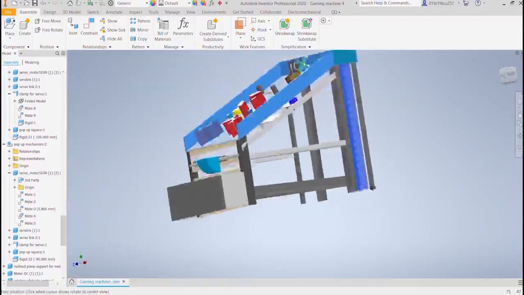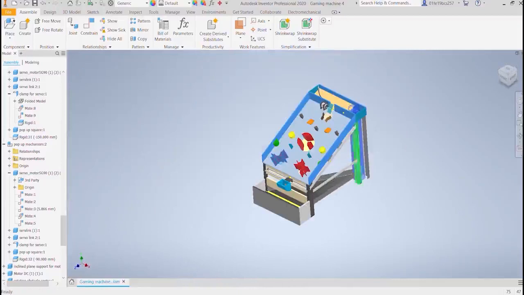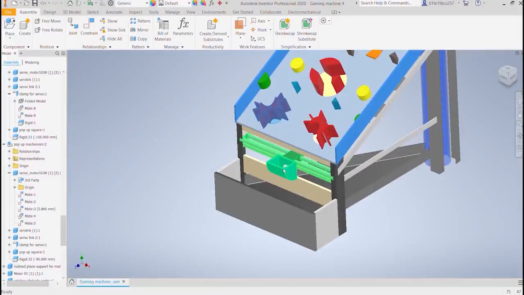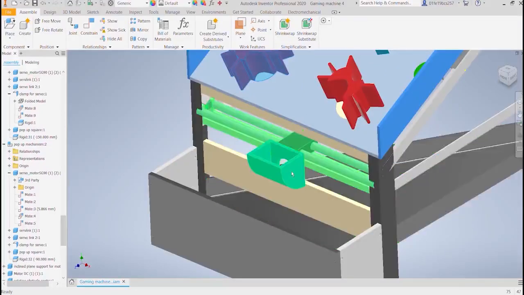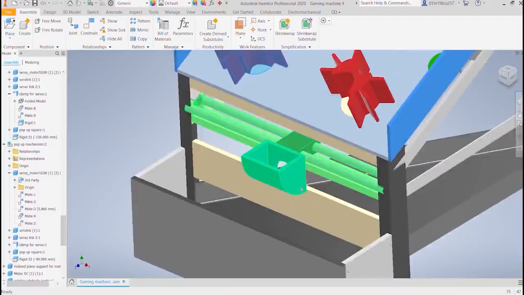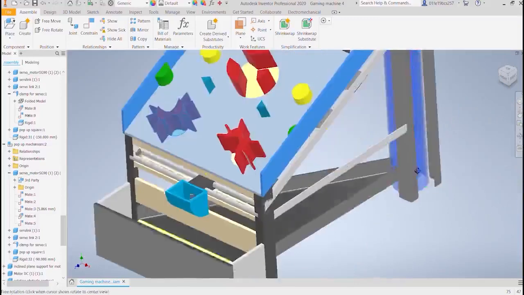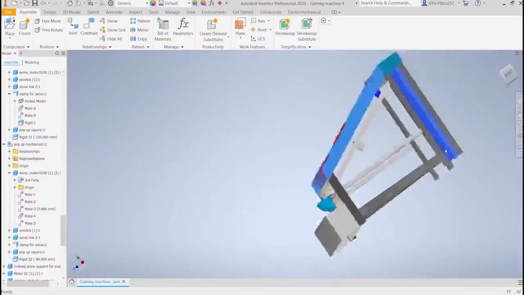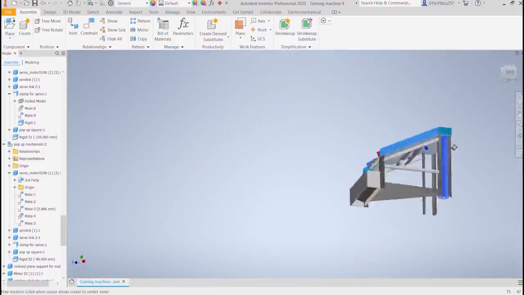Next subsystem is the interface unit, which has IR sensors connected to the basket to record the score. When the IR sensors are obstructed by the ball, score is added. And the final subsystem is the ball collection unit. In this there are two major mechanisms. First is the slider and basket to catch the ball, and another is the vertical pipe to transfer the ball from the bottommost point to the topmost point.